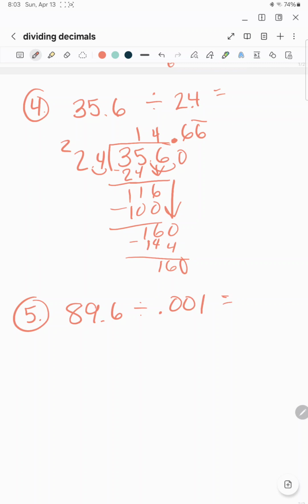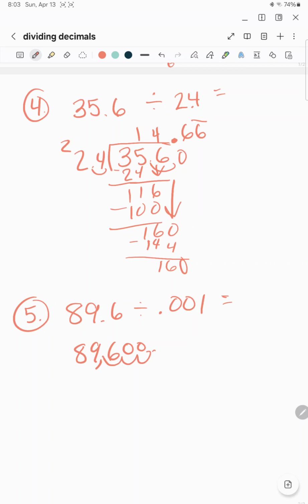Okay, let's see what that equals. This one's kind of, I say ridiculous, because you're just going to move the place value 3 to the right. 1, 2, 3. And our answer is going to be